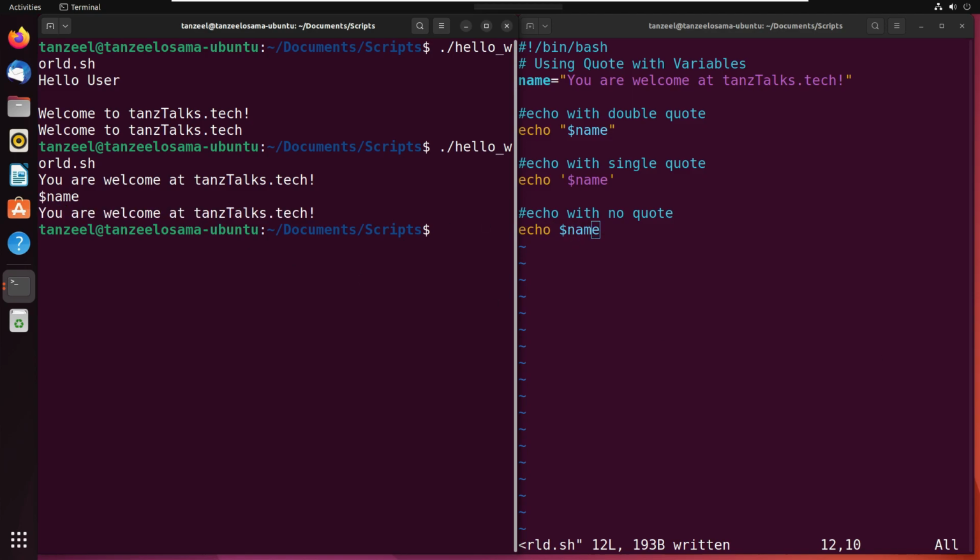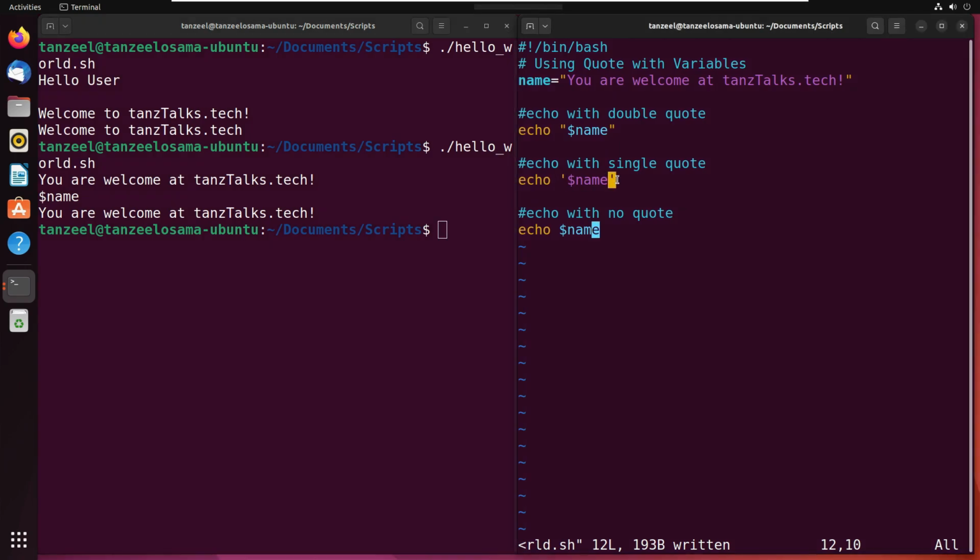It should be noted here that shell variable expansion will only work with double quotes, and if you define any variable in a single quote, it will not be considered as a variable. Since we have single quotes here, it is not considered as a variable, and the value of the variable is not provided. Instead, the literal value which was inside the single quote was printed here.